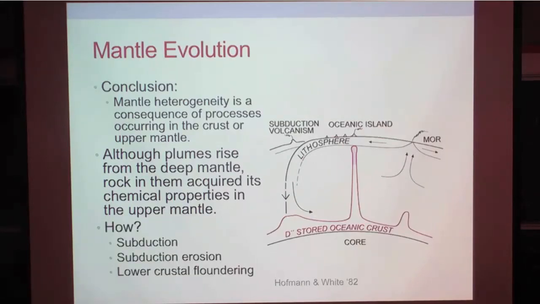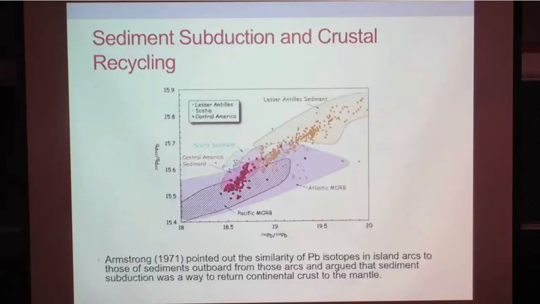All right, so how do we recycle material? Well, three ways. One, as suggested here, through subduction, but there are a couple of other ways which have not received as much attention as they perhaps deserved. One is subduction erosion, and the other is crustal foundering. First of all,